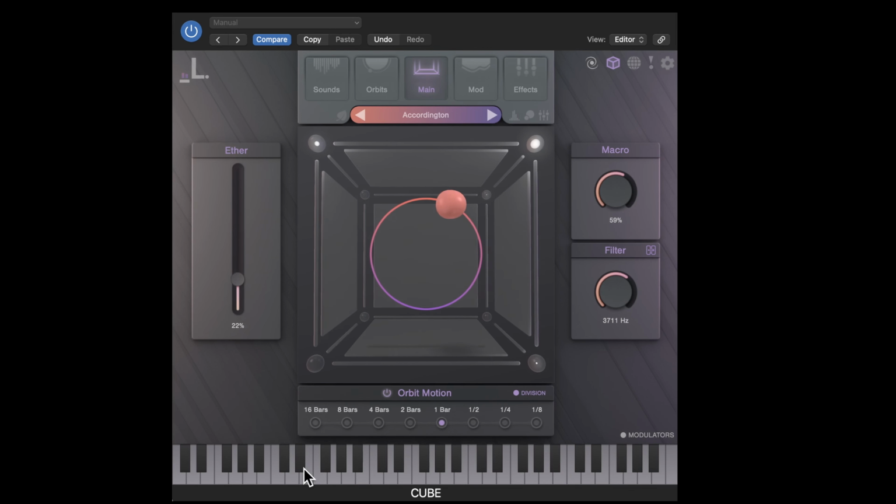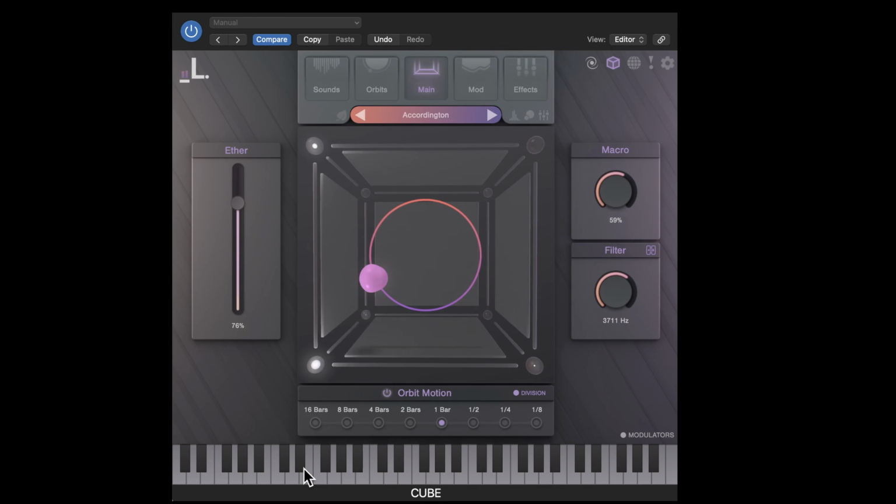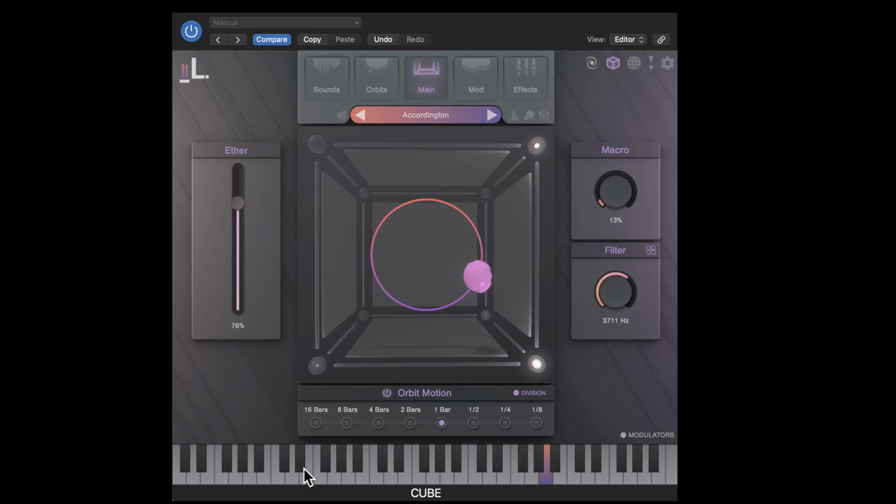I'm using my MIDI controller to adjust those 3 parameters: the ether, is by default being modified by the pitch wheel, and I've assigned encoders to the macro and the filter. So the macro,